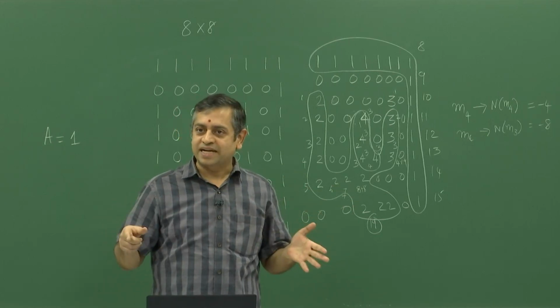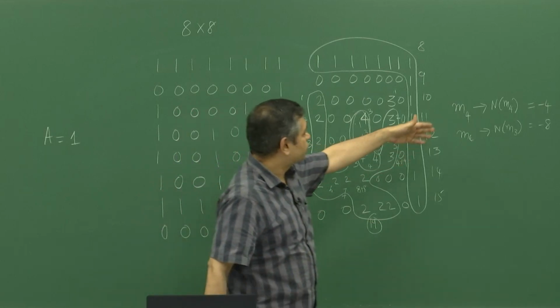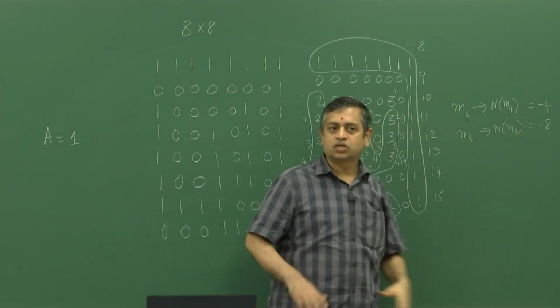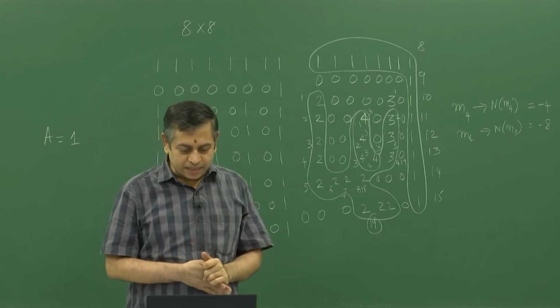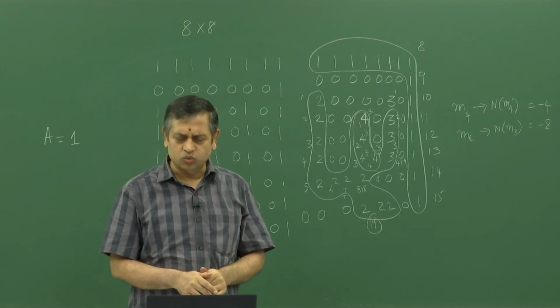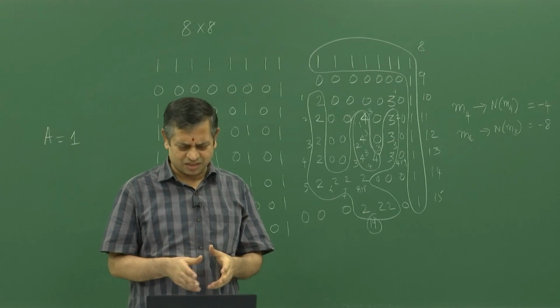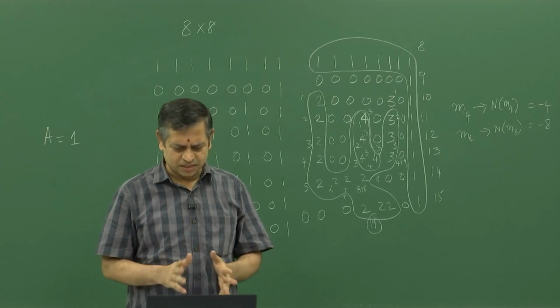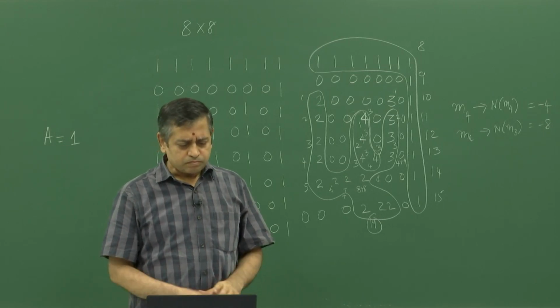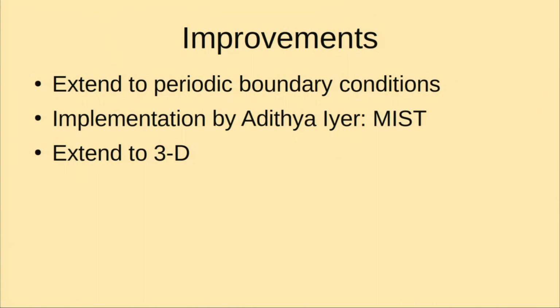You count the sites and at the end, if you add all of them up, you should get the right number. So, that is all you need to do, and this is a simple implementation. I will show you, these functions are also very trivial. These are just simple comparisons and things like that. Of course, you can extend it to periodic boundary conditions,